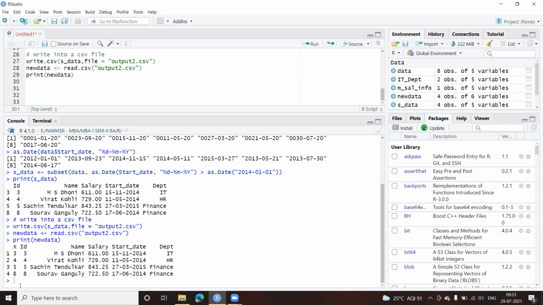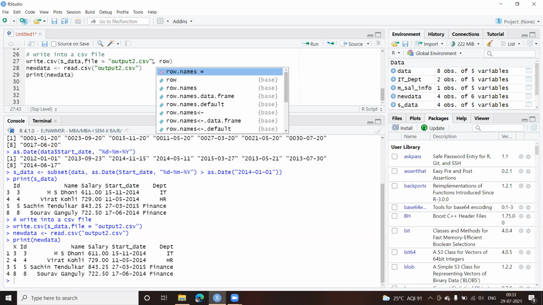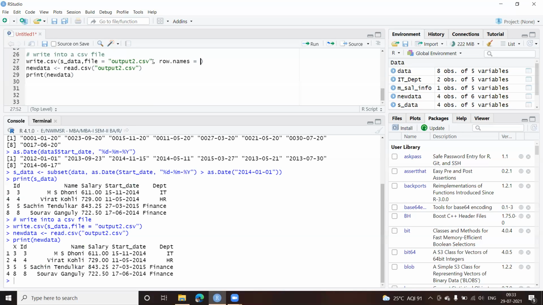Now to avoid this, I have to specify something about the value which I'm storing. There are some parameters, the row names. This is actually the row numbers. So what I can do here is I can go back to this write function, put a comma, and I can give row.names equal to false. I don't want the row names to be entered.